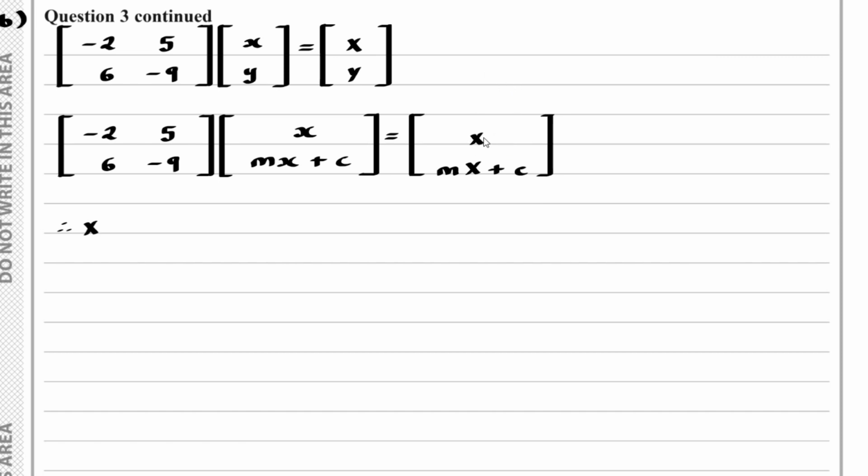Well, we've got this capital X, and this is going to equal the negative 2 times x, which is negative 2x, and then 5 multiplied by mx plus c, which is 5mx plus 5c. And then I've got this m times capital X plus c, and that's going to equal